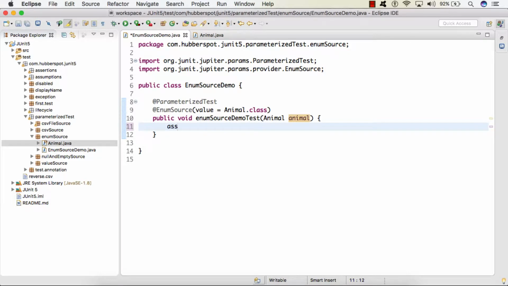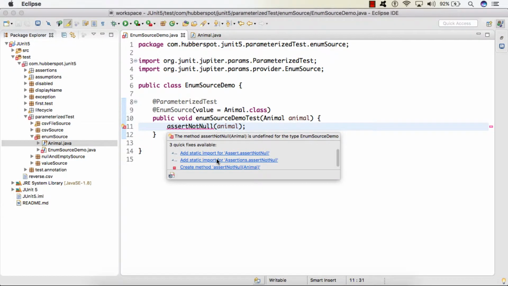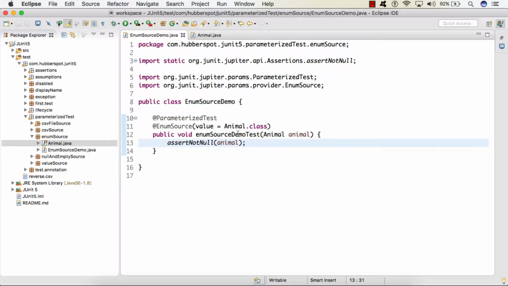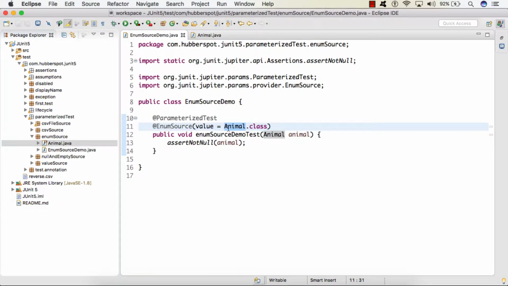So here let's say I simply provide an assertNotNull and simply provide the value as animal. So I'll import assertNotNull. The Animal enum has 5 constants, so we are providing these 5 constants using the @EnumSource annotation.